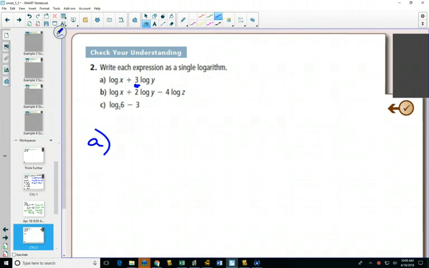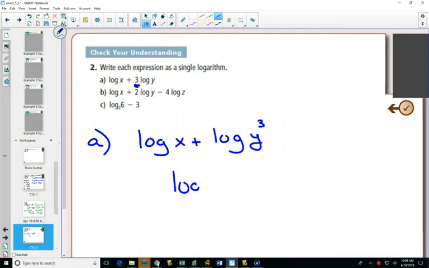So in this case, step 1, I'm going to take that 3 and move it inside the log as a y cubed. And now I have a log plus a log, so I can write this, adding is multiplying, as log xy cubed. For B,